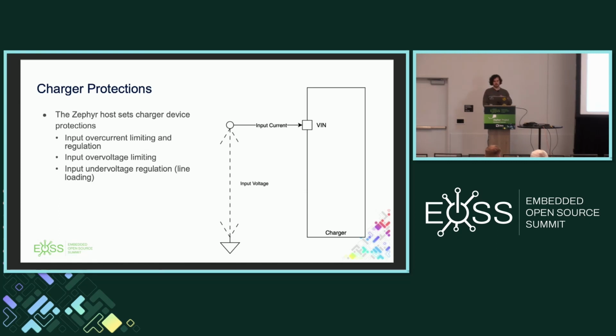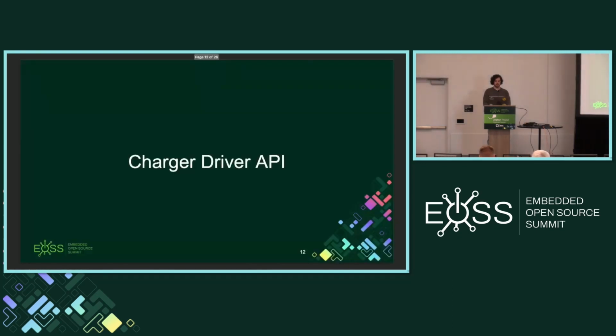For overvoltage, it's a little different. Obviously, if you plug in an adapter to a system that exceeds the voltage rating for your system, you want to hit this overvoltage limit and isolate yourself from that supply. But for the flip side, on the regulation, we typically set an undervoltage regulation value to prevent the external power from collapsing. So at this point,